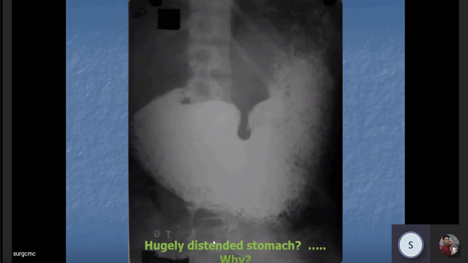I don't know the answer. Second thing, the undigested food particles out here, that is typical of stomach. In colon it is different, I will show you. And third, we are yet to discuss the colonic pictures, how it looks like in a contrast study. Okay? Colon doesn't look like this.